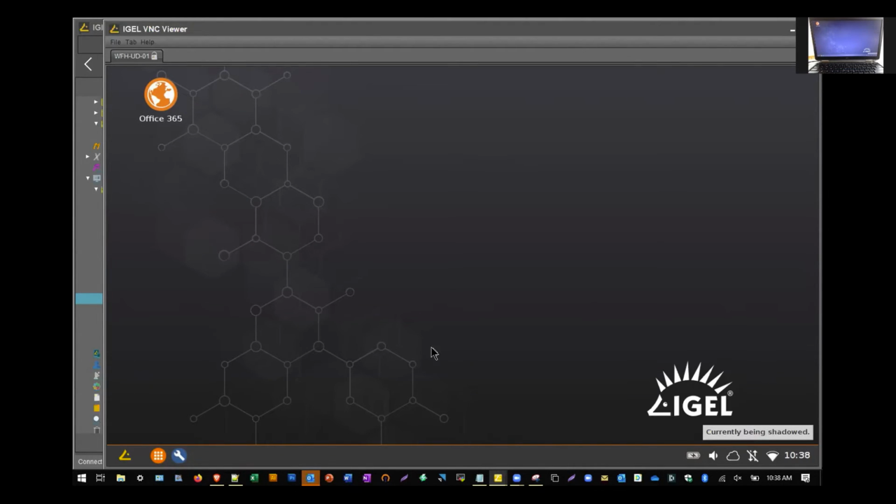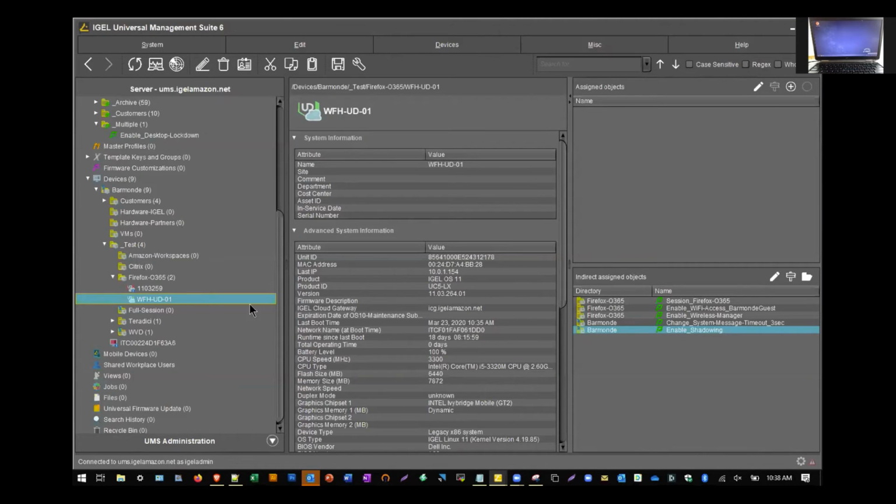So one thing that we can do here is there's a built-in browser that we can turn on inside of IGEL and allow you to configure to automatically connect to things. So I have this one configured, and you can name it whatever you want. This is actually configured for Office 365. I'll come up here in a second if I can understand how to double click. No, it's coming up here in a second. And so what'll happen is when this turns on, there will be a tab that'll actually show the Office pieces that are happening. So coming back to the UMS, the other piece that's happening here is this is just one of the sessions.